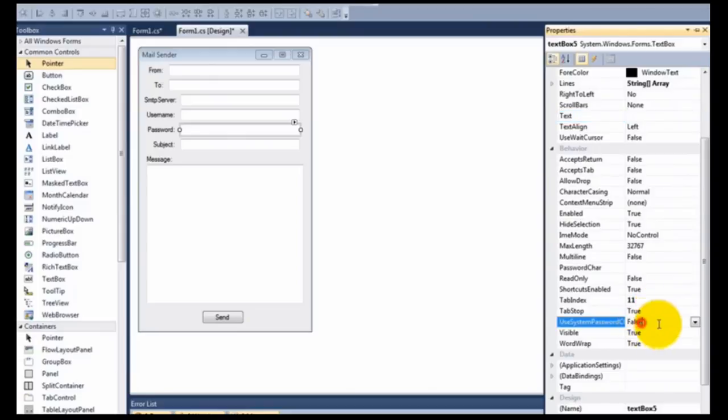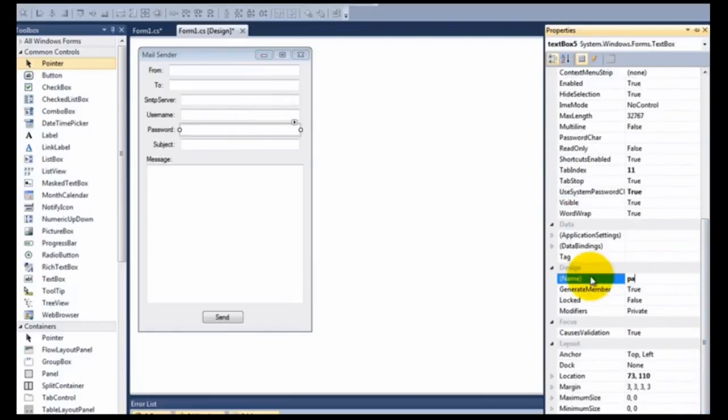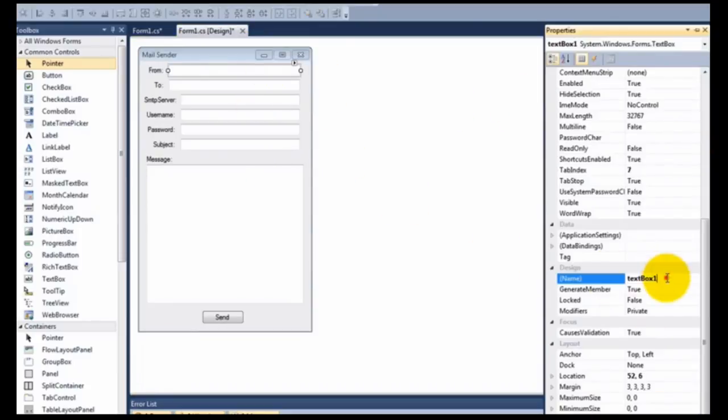Oh, before that, let's change the system password char into true in the password field, and the name of the text, change it into password. Change all the names of the text boxes according to the field.